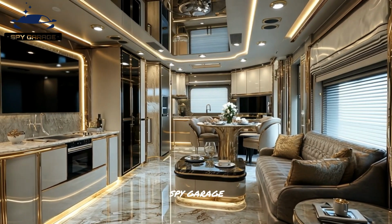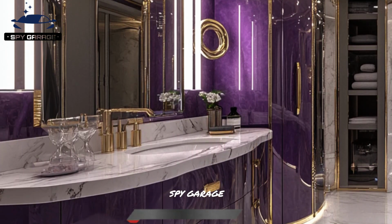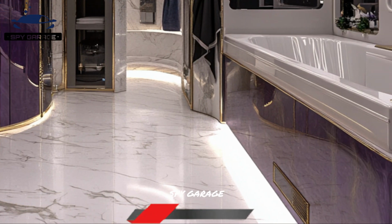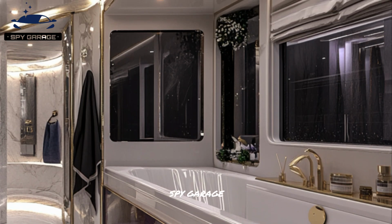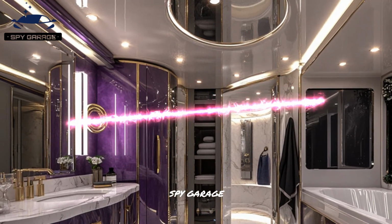Under its elegant look, the 2026 Prevost Emerald will surely have a strong and effective drivetrain that will make navigating a variety of terrains a breeze. Prevost chassis cutting-edge air suspension technology will offer an exceptionally stable and smooth ride while reducing road noise and vibrations to improve passenger comfort. This large vehicle will be much safer and easier to operate thanks to advanced braking systems